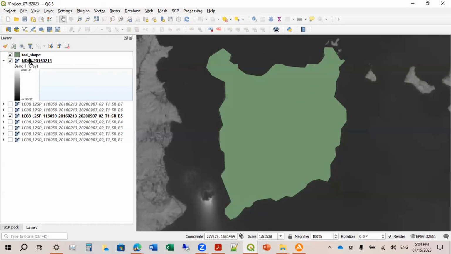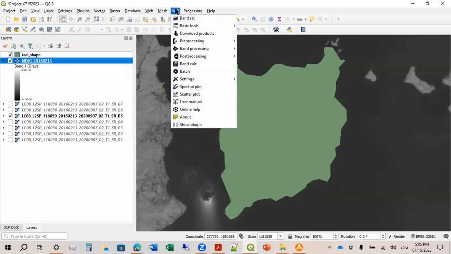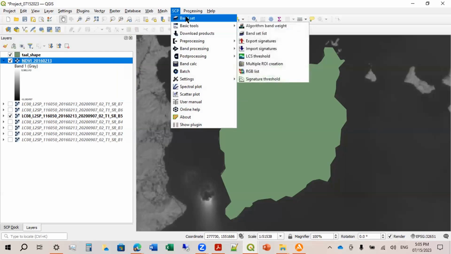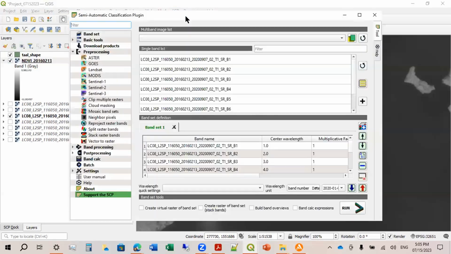Okay. So right now we have a shape. Let's go back to our layer, the NDVI layer. To cut, let's go to the semi-automatic classification plugin. Then click band set. Now let's add a band set.